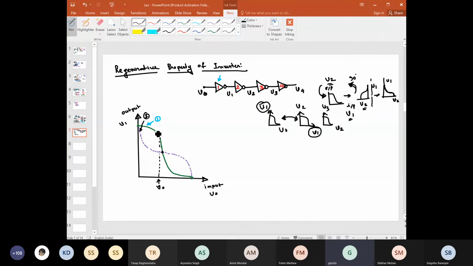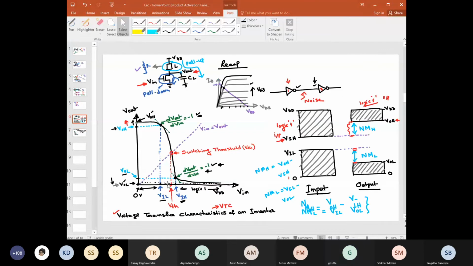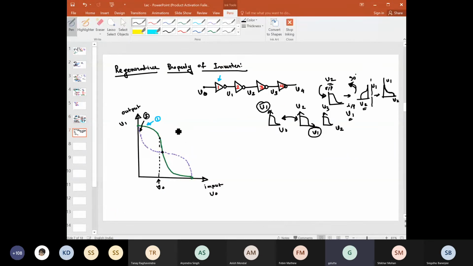So see, V0 is still beyond which point, V input, which point? This is VIL, right? So this is still beyond this VIL, right? Okay, let's see then what will happen. Here you are getting here. So what will be the output? This is V1, so the expected output is this. Here I should not write V1 or V0 now, because we are superimposing all the things, so we only write output and input like this. So it is V1 now.